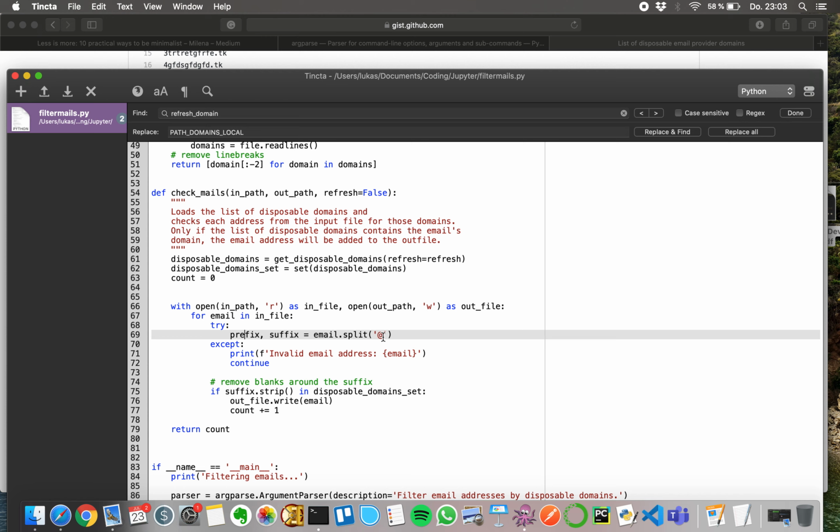Maybe somebody entered a wrong address, which isn't even an email address. Then this would break. If the @ symbol is not inside the string, this would break. So we need a try except, and we just tell the user this is not an email address which was given there, this string, and then we continue. But in most of the cases, we expect to get the domain in suffix,